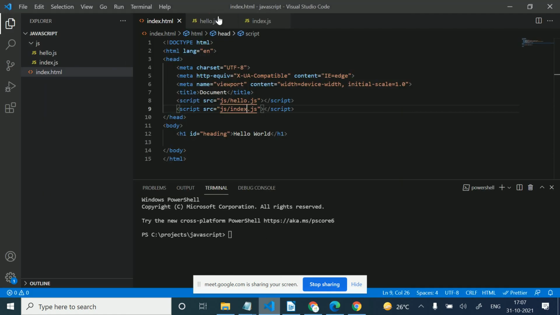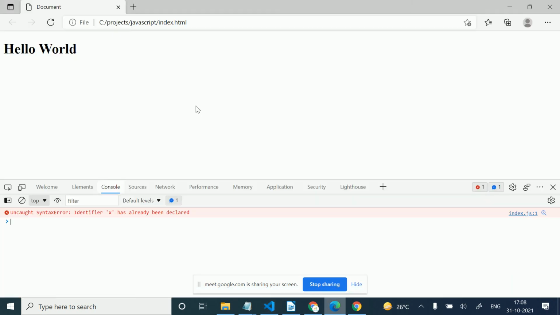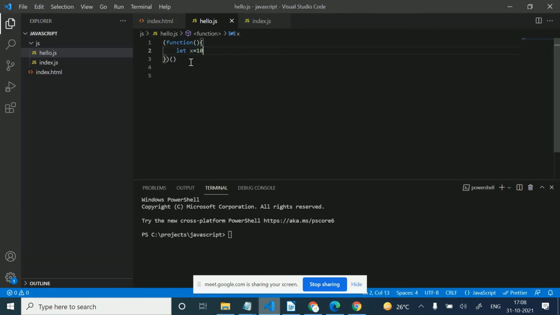But if I create an immediately invoked function, then in this case I'm not getting this issue. So if we use the immediately invoked function, we are also resolving the conflict.